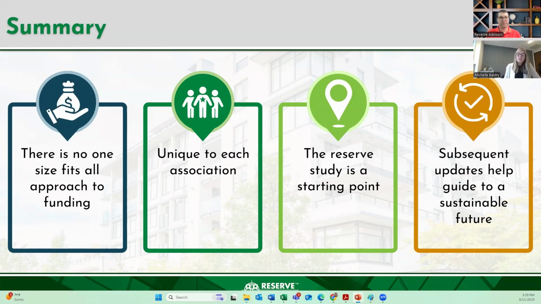And then, of course, make sure you are utilizing your professionals as you're discussing strategies. What are other communities, your peers, your neighbors, what are they doing for their funding strategies? What is the community down the street doing? Work with your management company to understand the funding strategy that they would recommend. Work with your association bank, your association attorney, and of course, your reserve specialist, right? Utilize us all as a resource so that you can feel confident in your funding decisions.